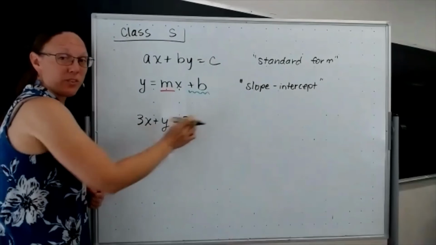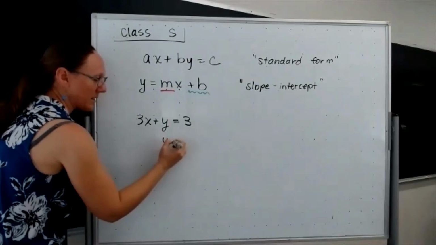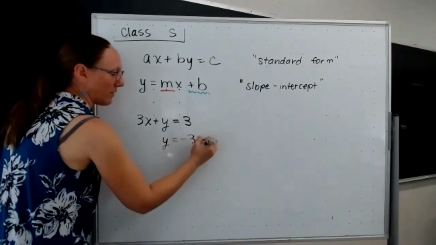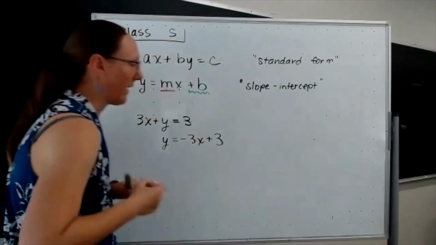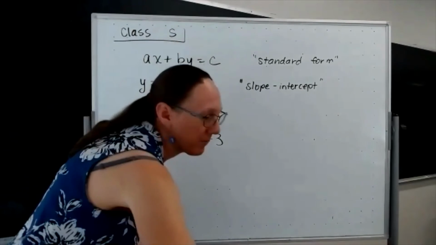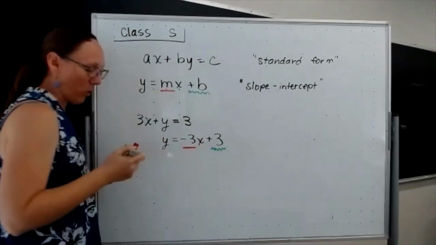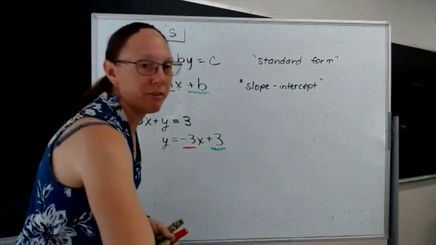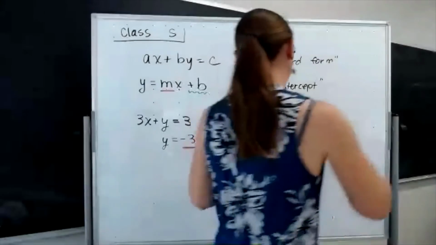In this case, the only thing I need to do is subtract the 3x on both sides to get y is equal to -3x plus 3. So I've got that slope right here of -3 and my y-intercept of +3. And when I go to graph it,